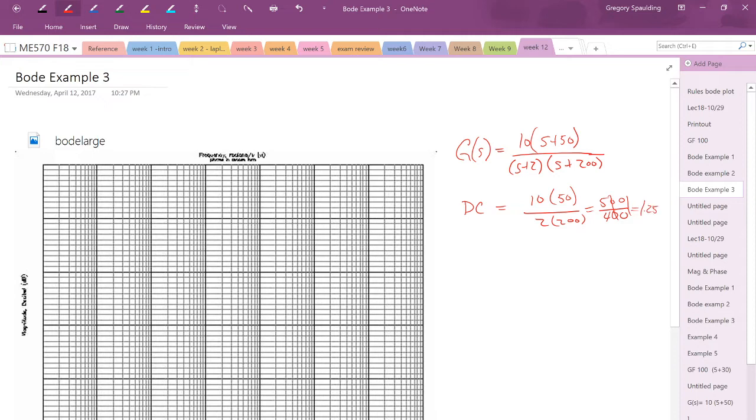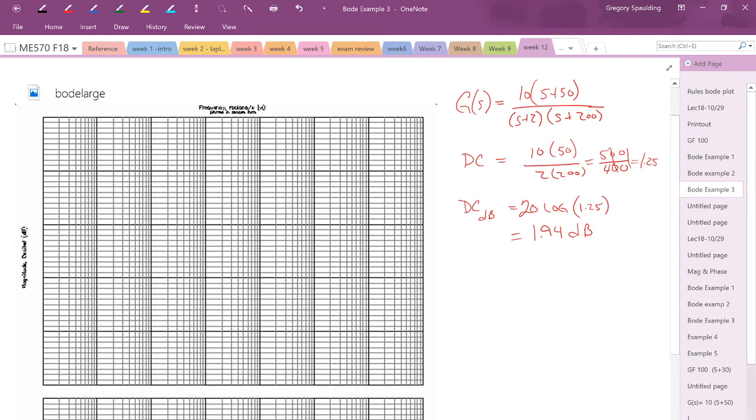Okay, and so now that's a raw number, and we need this DC gain in dB, so we're going to say 20 log of 1.25, and that ends up at 1.94 in dB. All right, so that's going to give us our starting point. Remember, again, we're going to plot that at omega equal 1,